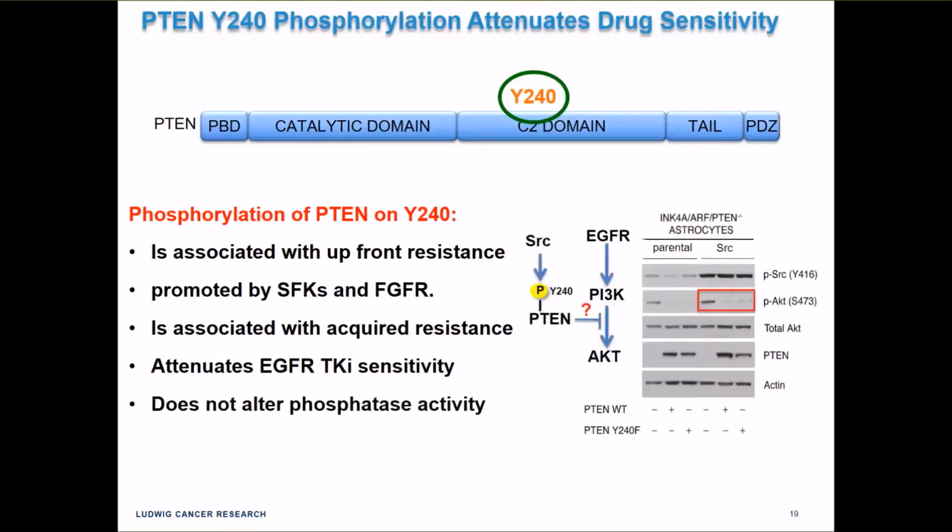But this is where we really were kind of confused by the results. Even though PTEN was phosphorylated on this residue, it did not block its ability to act as a lipid phosphatase. So these are astrocytes in which we express constitutively active Src, along with wild-type PTEN or the Y240F version of PTEN. And you can see that both versions clearly suppress the activation of AKT. So this is very different than the results they saw in the breast cancer scenario, where phosphorylation of PTEN led to elevated AKT levels. So this was very confusing to us at the time,